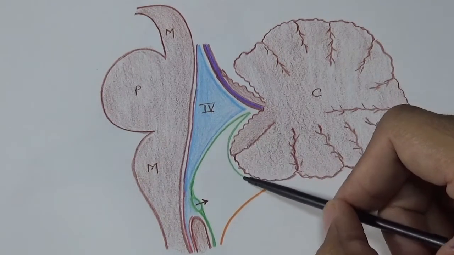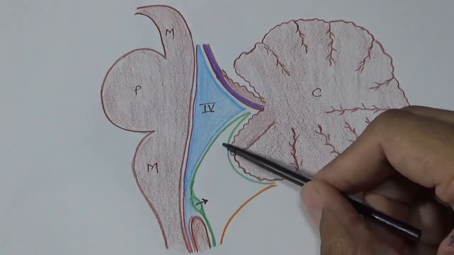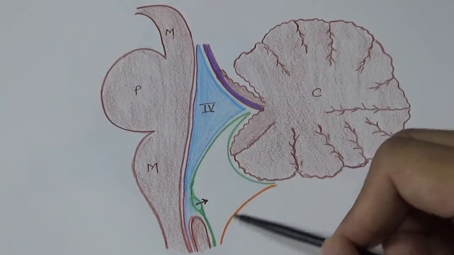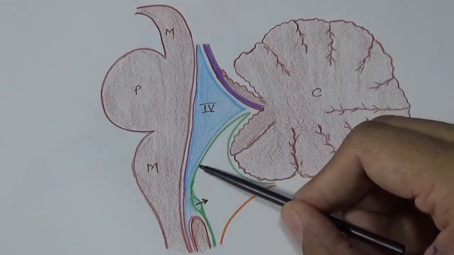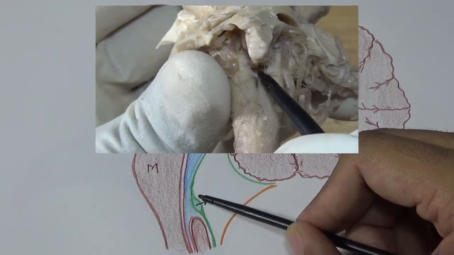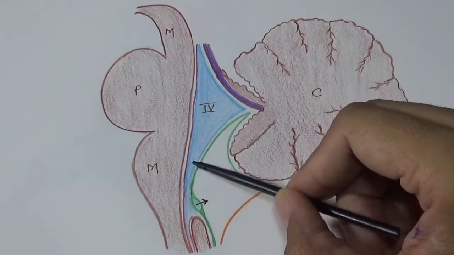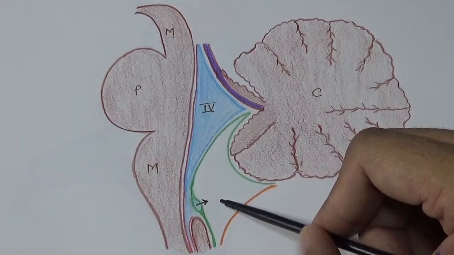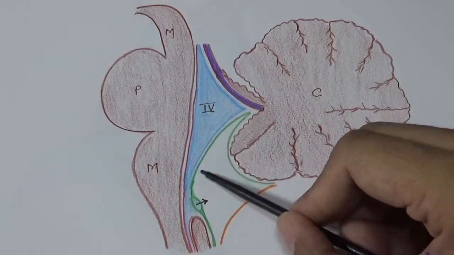Similarly, over here, this expansion is termed the cerebellomedullary cistern. It is an enlarged subarachnoid space. This is the arachnoid mater. So this is the enlarged subarachnoid space. And below, this ventral layer shows in the midline an aperture. This is termed the foramen of Magendie. So this is the ventricular cavity, and through this foramen of Magendie the CSF will come out into the cisterna magna or cerebellomedullary cistern.